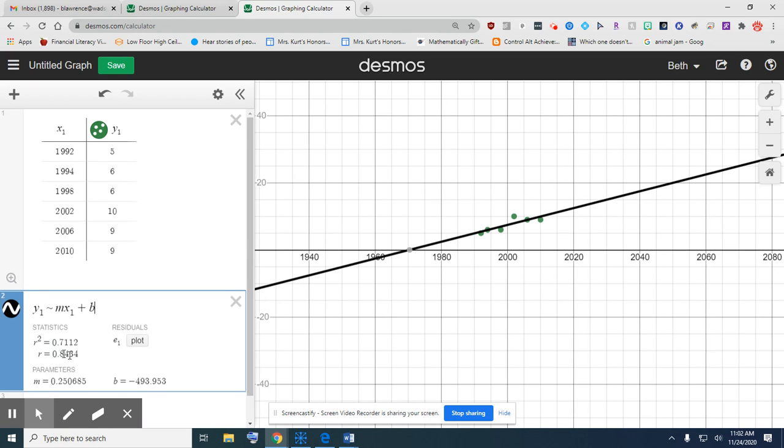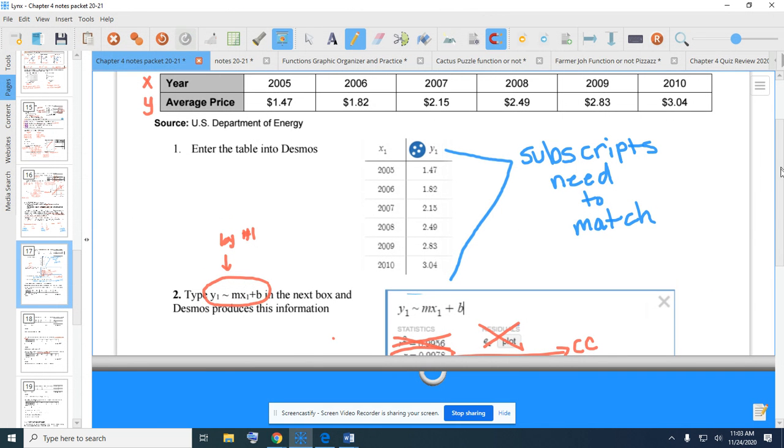All right, so again, we're not worrying about r squared. We're not worrying about residuals. We've got an r value of 0.8434. We've got a slope of 0.250685. And we've got a y-intercept of -493.953. Okay, so let's go back to our notes here